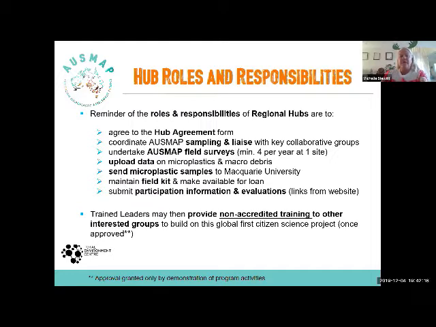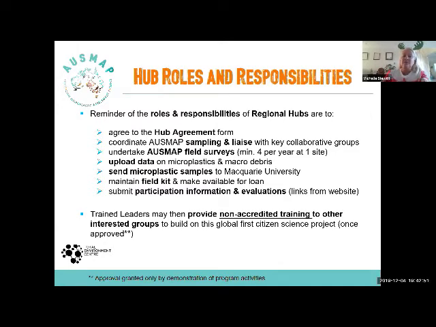A key part of being a hub is to have hold of that free kit that we distributed and make that available for loan to those people that have been involved in the training, might be involved in another community group, and then submit to us ideally those evaluations capturing what people liked about the program and may not have liked, which are all available on our website, and all you as trained leaders in the program have access to that website in that resource section, and in there also is all the training videos as well.